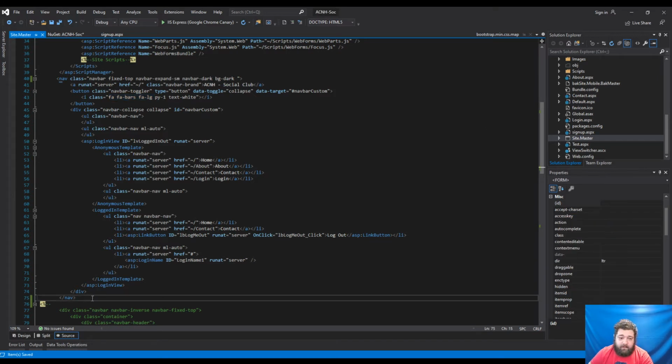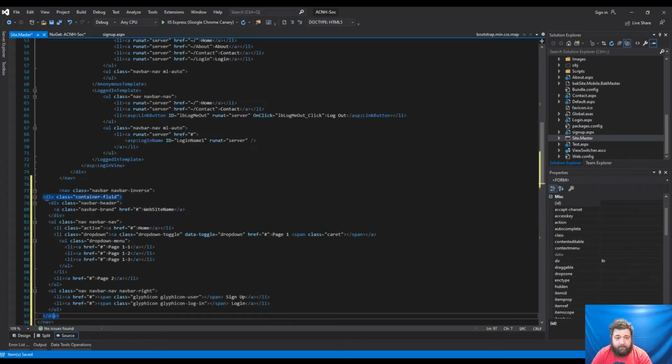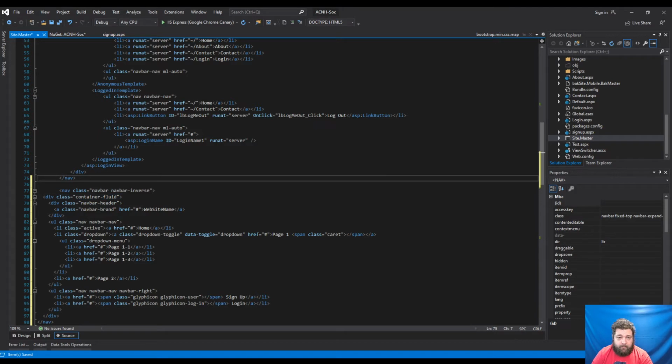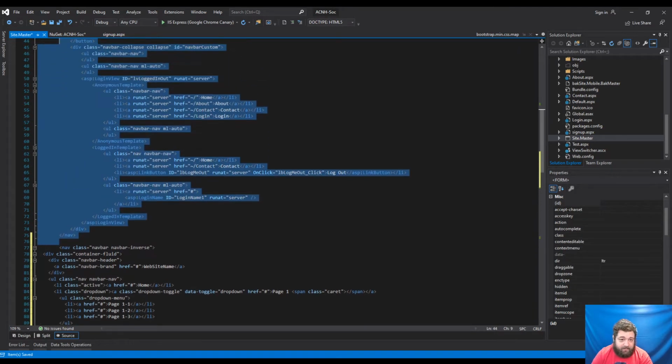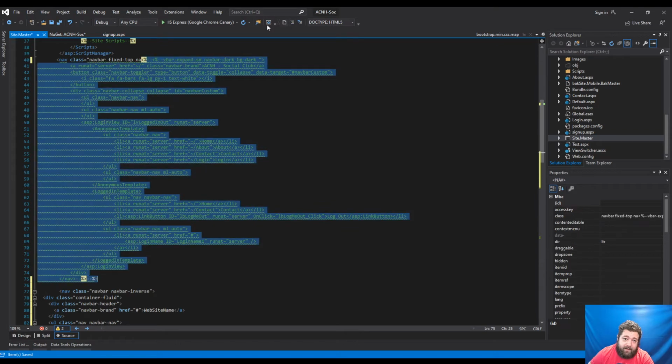So let's see. Let's paste that other navbar here. Just going to pop it here. There's an easy way to comment out sections. If you highlight what you want to comment, it doesn't even have to be perfect. You can be in the middle of the line. If you come up here and click this button, no matter what screen you're on, you can highlight code, click this, and it should work. Sometimes it doesn't work as well, but